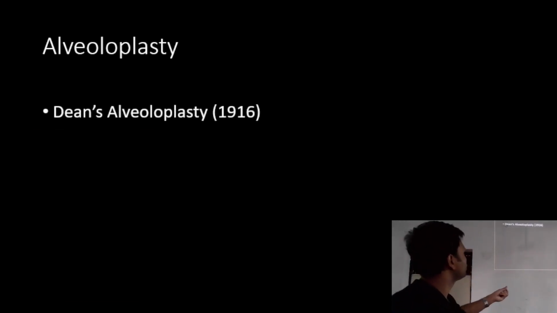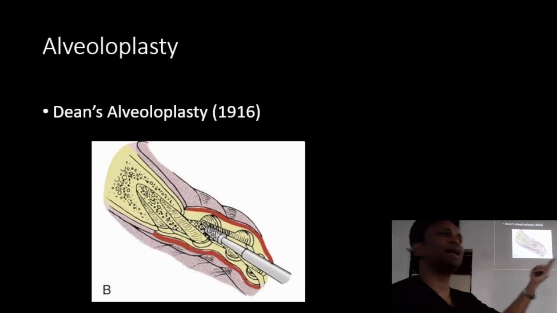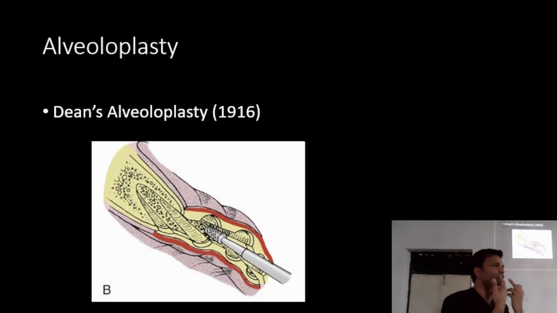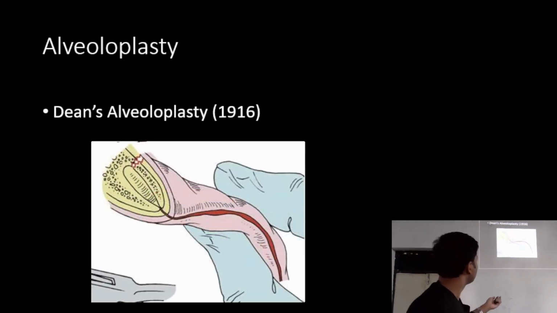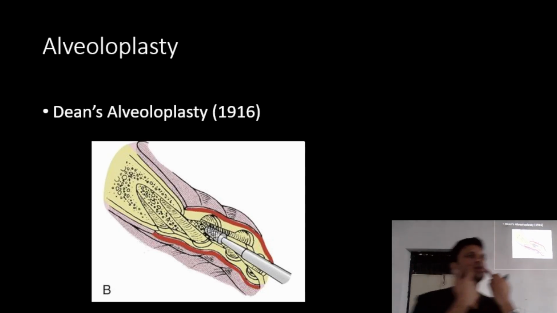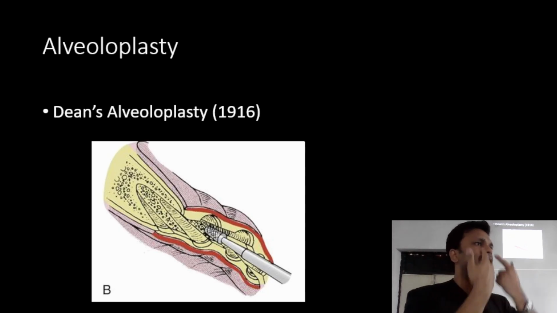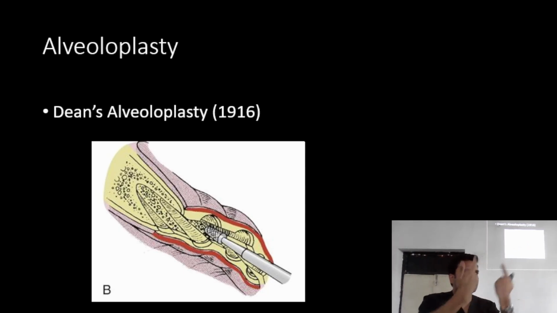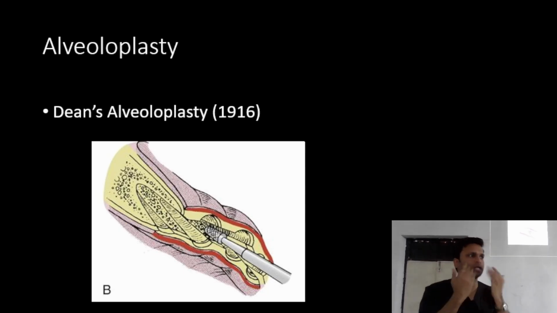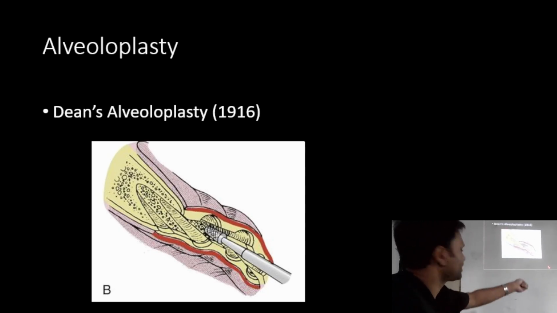In this case, what we are going to do is after extraction, we are going to use a burr to remove the interdental bone. जो टीथ के बीच में बोन होती है, we are going to remove all of it from canine to canine. Okay, now once we have removed the canine to canine interdental bone, we are going to give a vertical cut. अभी पूरा interdental bone कट कर रहे थे हम canine to canine. Now labial cortex जो है उसमें we are going to give a vertical cut. बर को हम बस बाहर की तरफ पुश करेंगे. So labial cortex में एक vertical cut हो गया ऐसा. Okay, so एक यहाँ पे कट होगा, एक distally कट होगा.